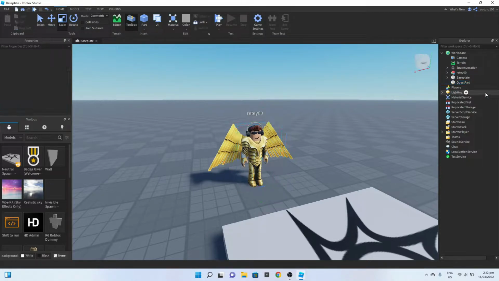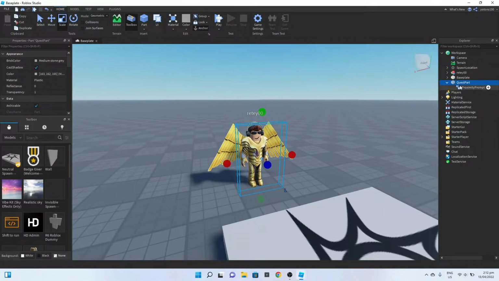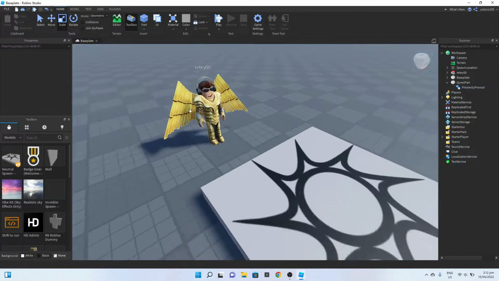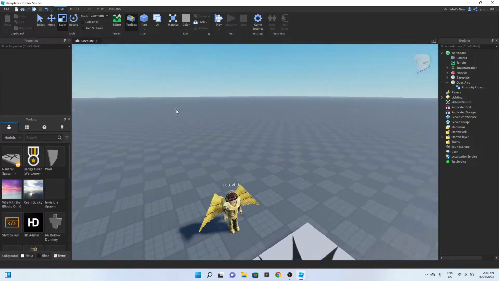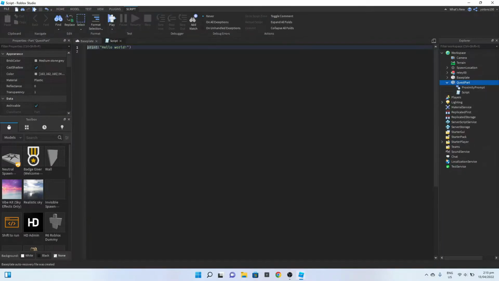insert a proximity prompt into it and set the action text to Talk To. Once you've done that, you will need to insert a script into the QuestPart, and in the script you want to write